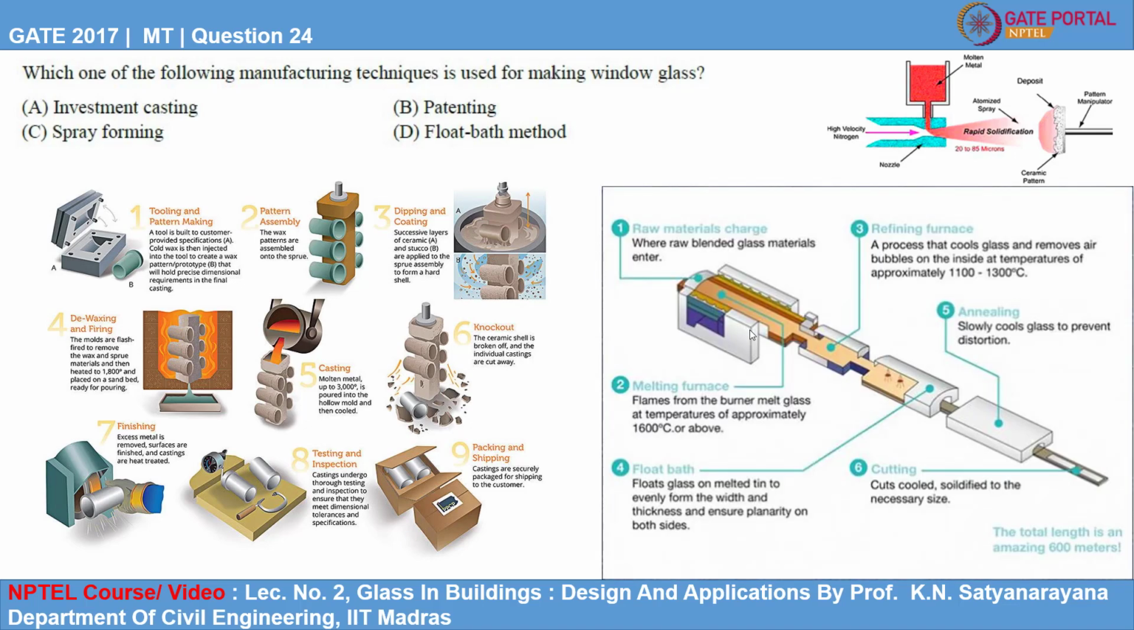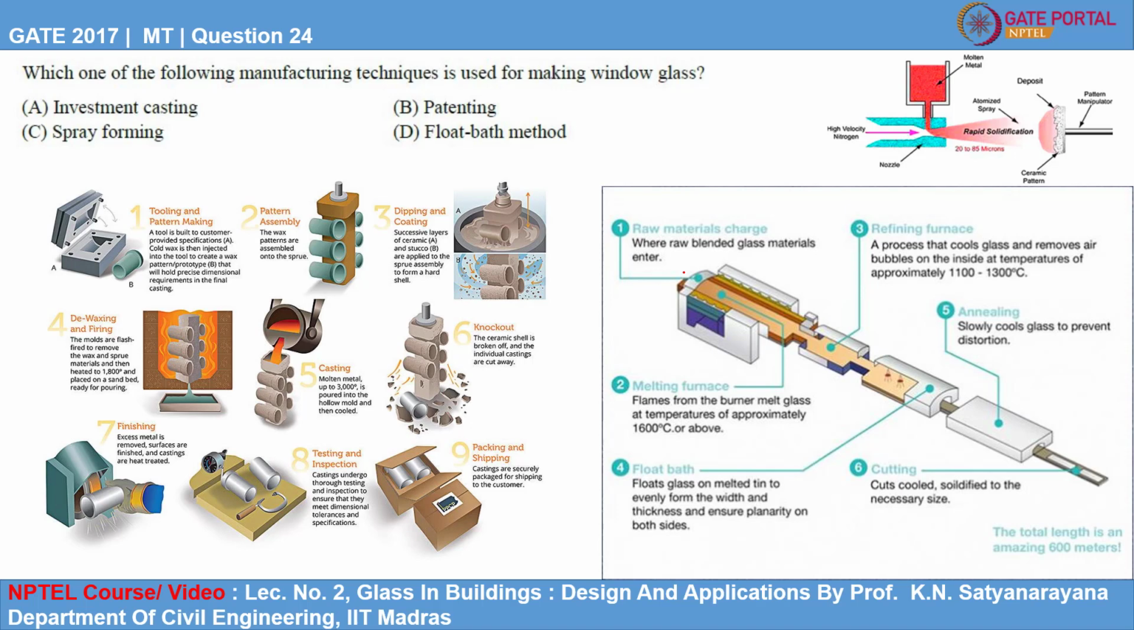The final one is the float bath method. In this technique, the raw blended glass materials enter through the raw materials charge. Then in the melting furnace, the burner melts the glass at a temperature of about 1600 degrees Celsius. Thereby it enters the refining furnace, where the temperature maintained is in the range of 1100 to 1300 degrees Celsius. In this furnace, the glass cools down and the air bubbles are removed from the inside,